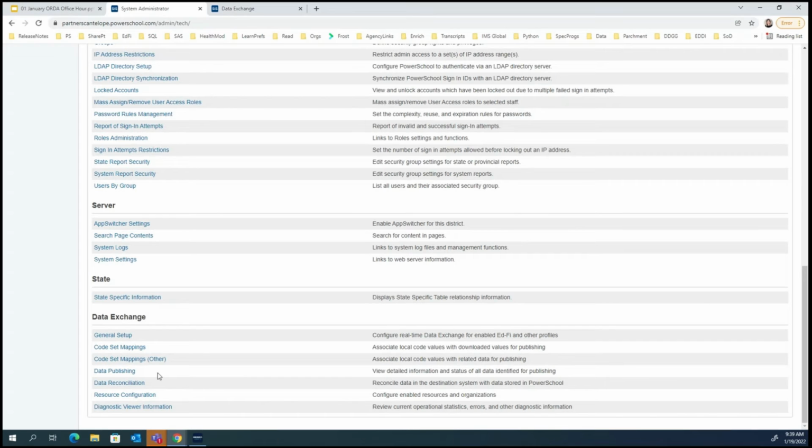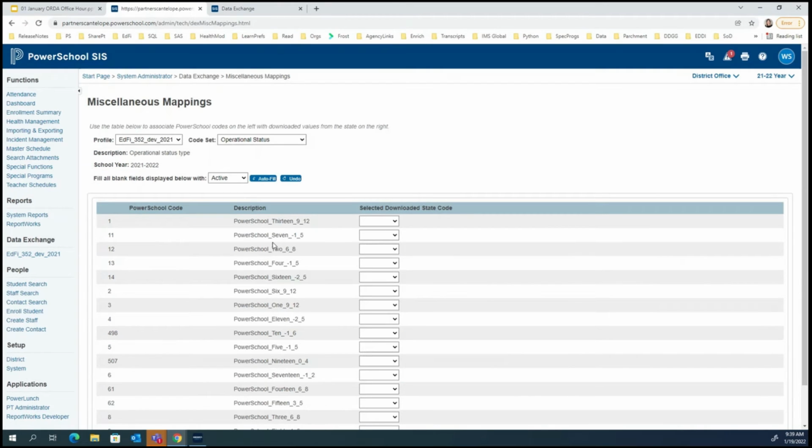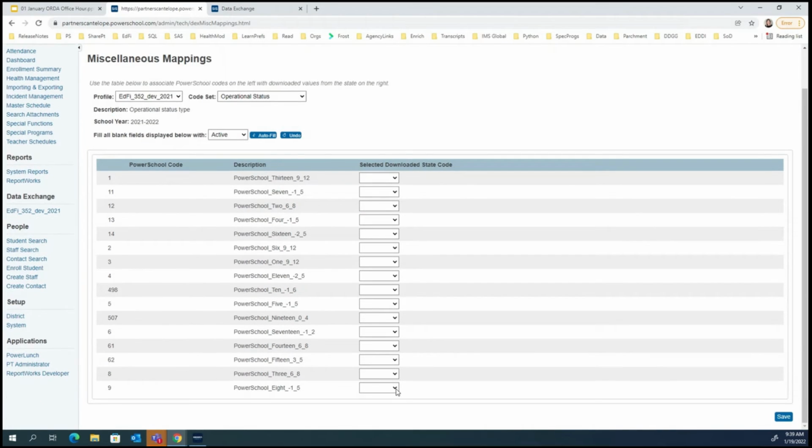There's one other thing that I do want to just show that's sort of a mechanical thing in terms of how these work, if y'all don't mind, before we totally leave code set mappings. So if you go to code set mappings, when the time comes, there is this functionality you probably want to know about. Let's say, for example, if we're choosing operational status, notice how these are all empty. Let's just say, for example, what if these were all active schools? If they were, or even if most of them were, you could select active and click this autofill button, say yes, we want to do this,